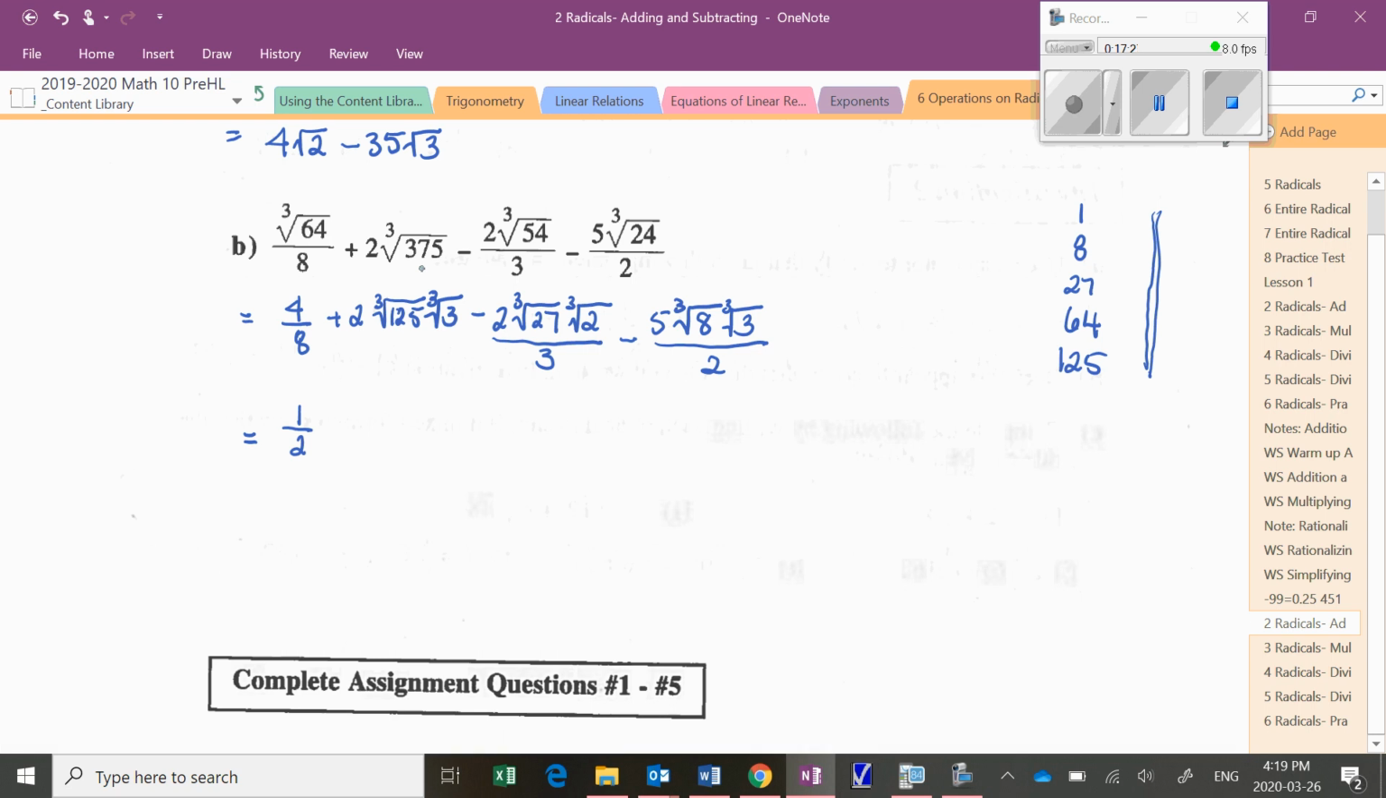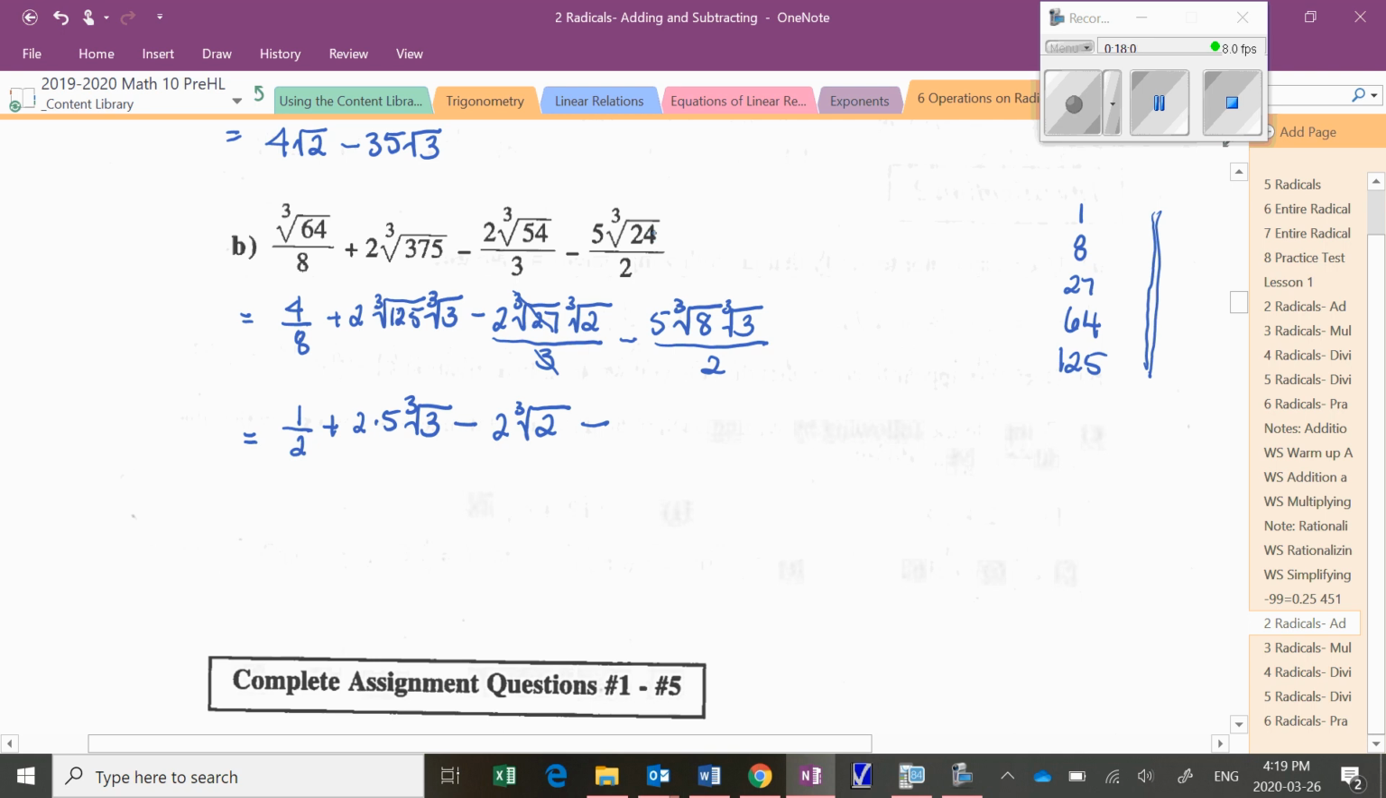125 is a perfect cube, so that is the same as 5. So we've got plus 2 times 5, cube root 3, and then minus the cube root of 54. We've got 27 that goes into 54, so the cube root of 27 is 3, so then we could say cube root of 27, that's 3/3, which is just going to be 1. So really that just leaves me with 2 times cube root of 2, minus